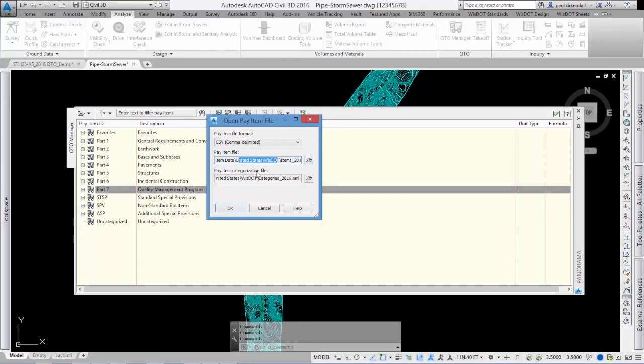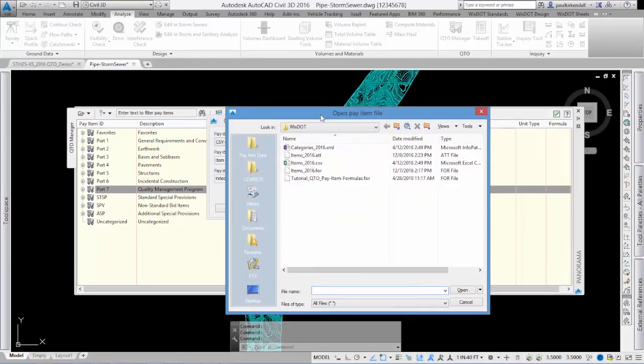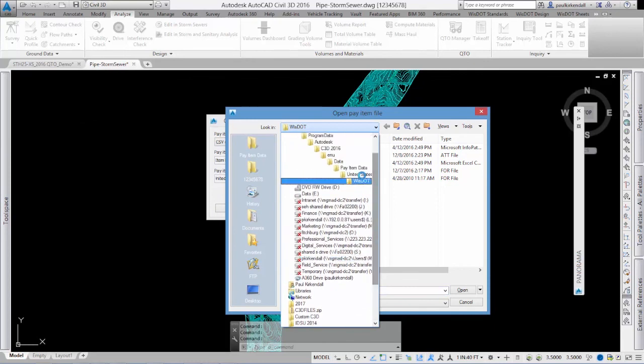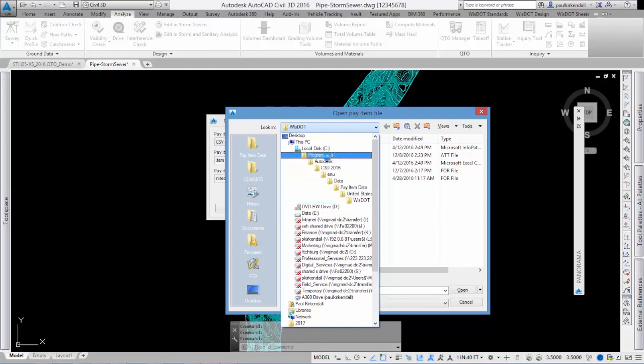If I go ahead and click find that folder, you can see here that there is a WIS.dot folder, pay item data, United States, and then WIS.dot under C drive, as you can see here. And that'll bring you to the CSV